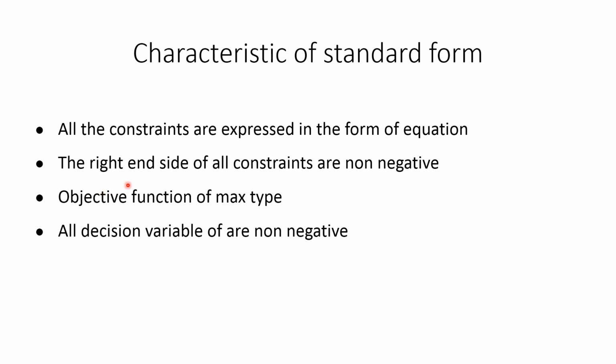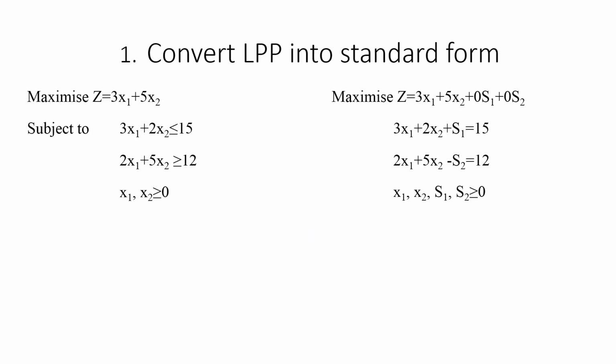Okay, all decision variables means x1, x2, x3, or s1, s2, s3, or you can add a slack variable, subtract a surplus variable. All decision variables are non-negative, means in the part of subject to the restriction we write all variables are positive type. So let's see one example, so we can understand more precisely.